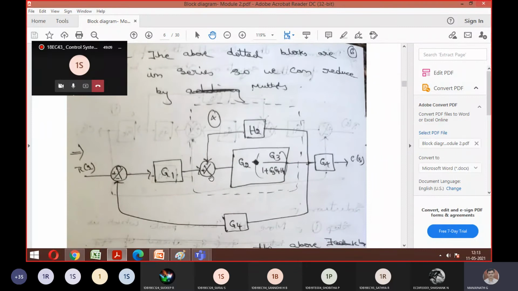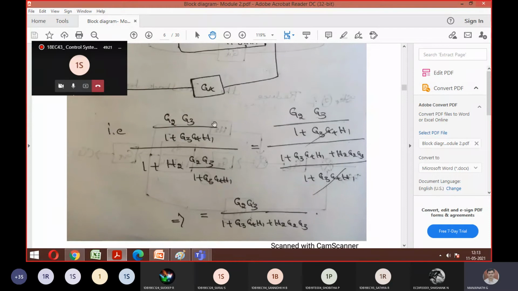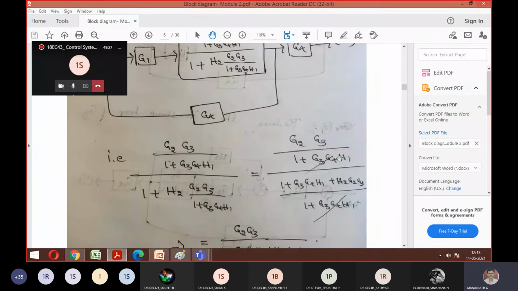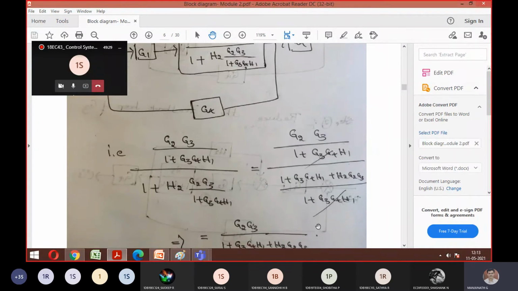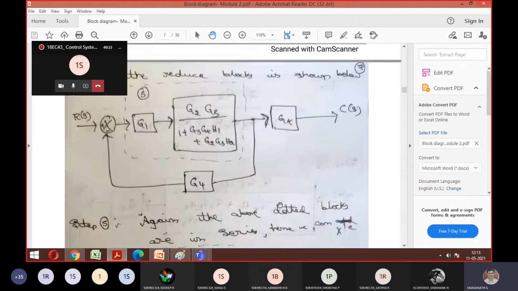Then this is an elimination path. You can reduce it to one block. You can look here, this is the answer I think you got. Again, you can see G1 becomes a cascade with that, so these two again become one block. For simplification of this block, look at what we have done: we only took the LCM, and the remaining terms we can write. So I can write this in one block answer.